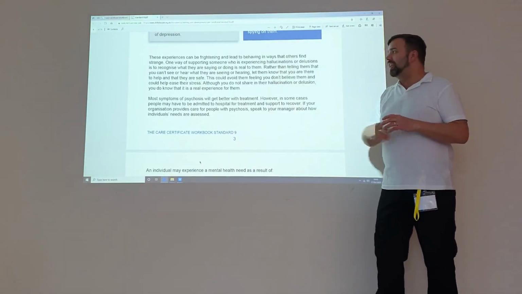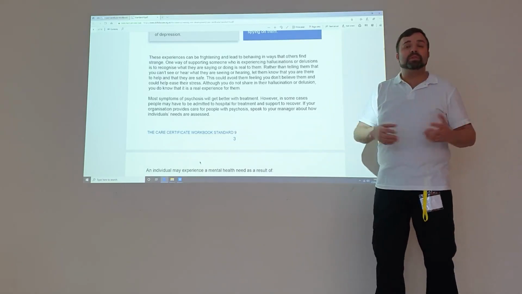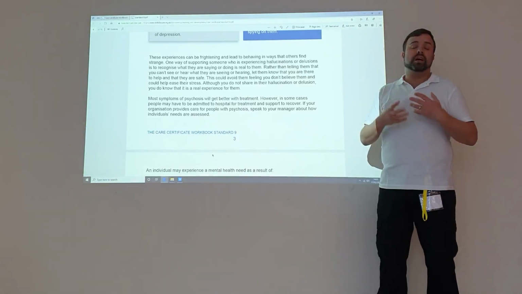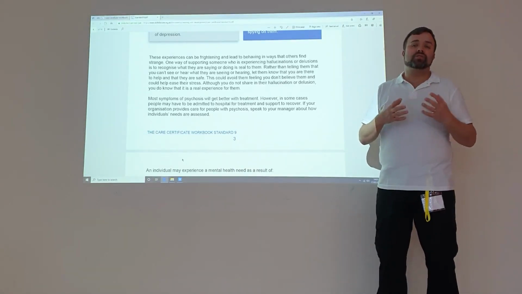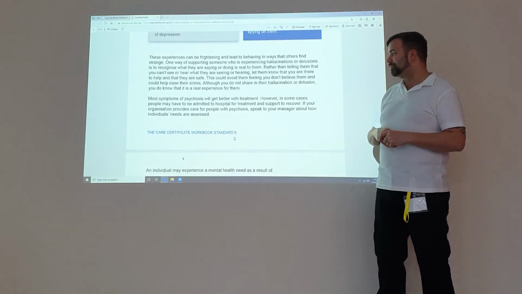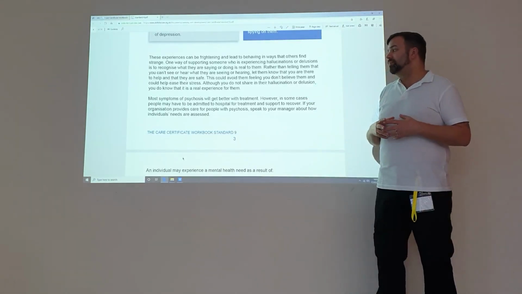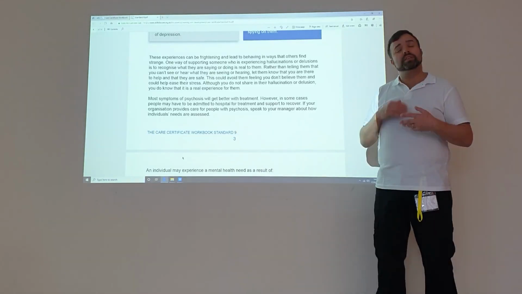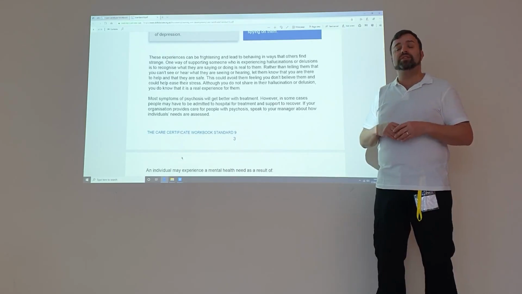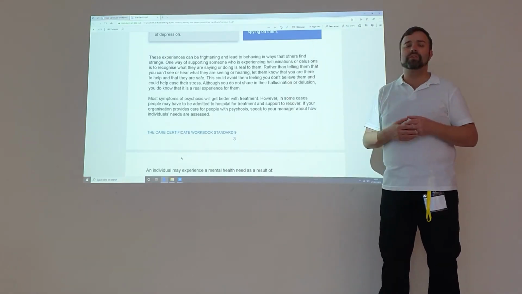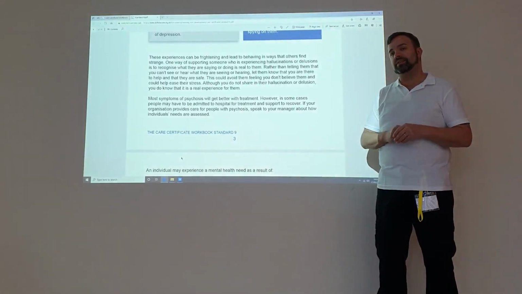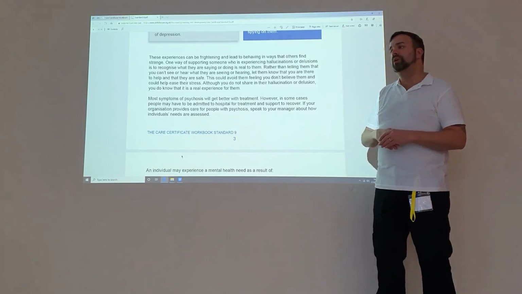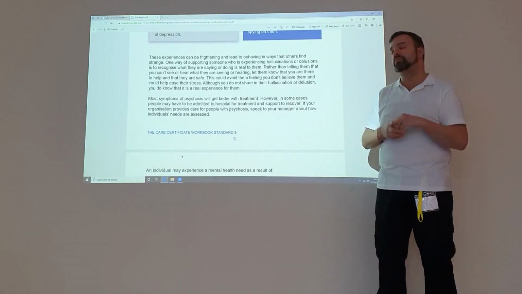So lots of things, again, in which we can do there. So keeping people safe, trying to help them to understand their thoughts and feelings, not arguing with them, and trying to get them the help that they need. A lot of the signs and symptoms around this are things that you can help people with. So again, as we said in previous trainings, we can't cure this, that's not our role, but we can alleviate the signs and the symptoms. So if somebody's distressed and they're upset and they're crying, we can show some kindness and compassion to manage the symptoms in which we're seeing.